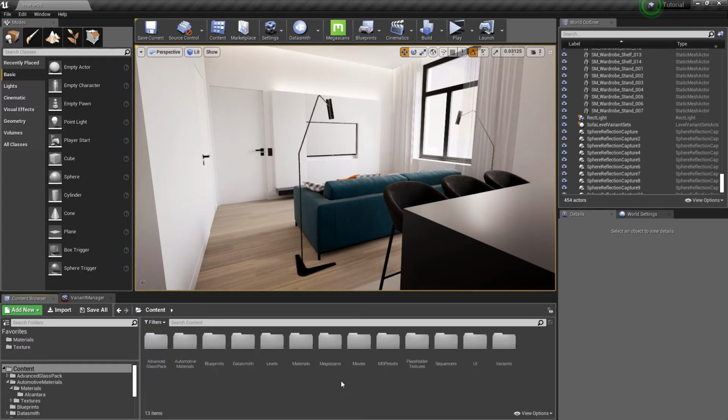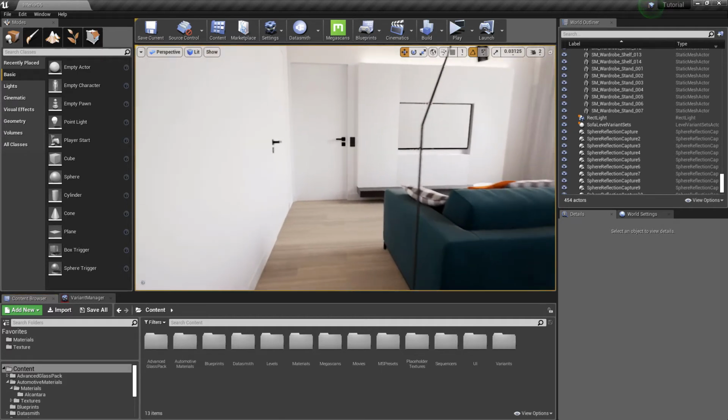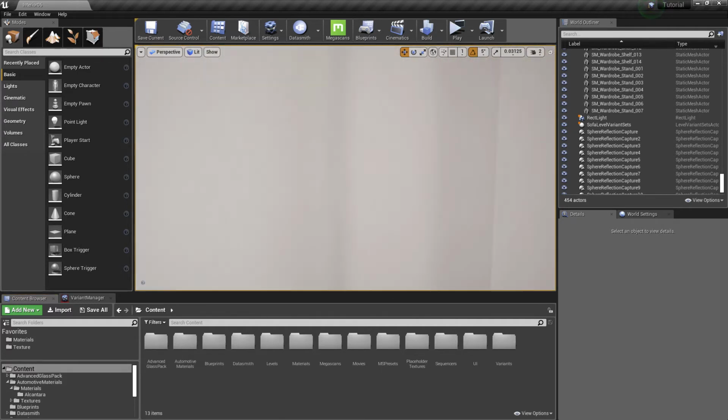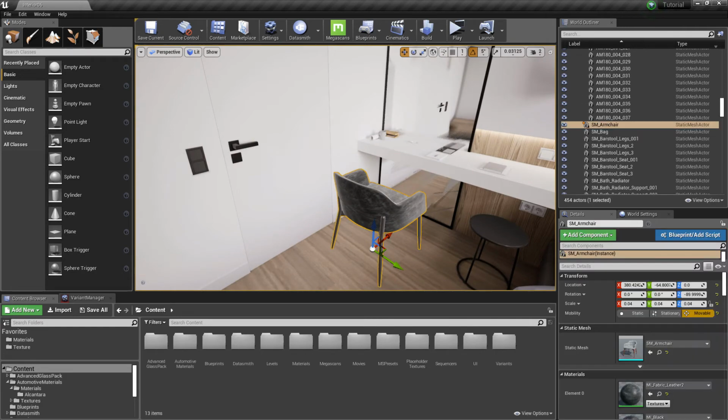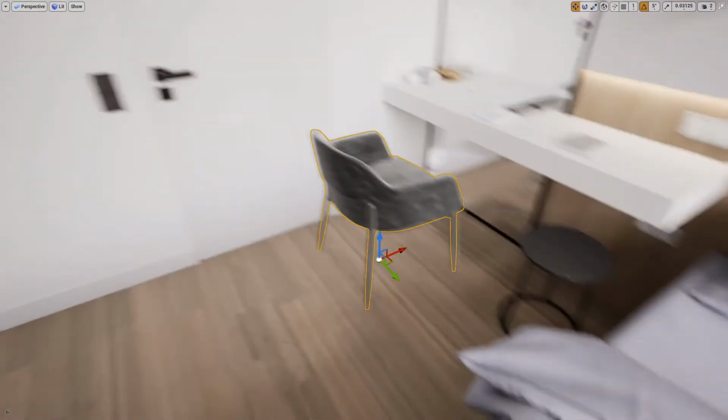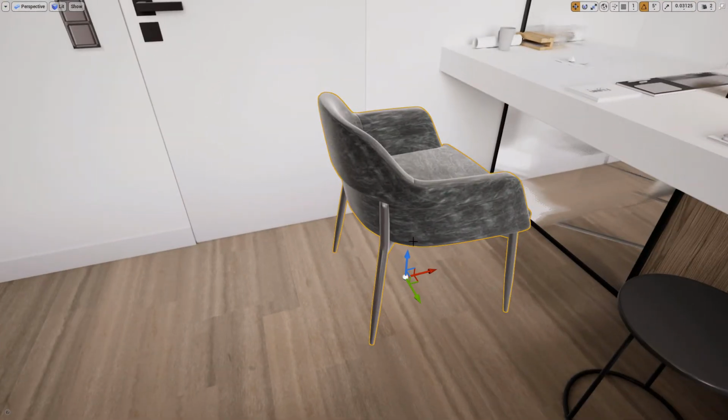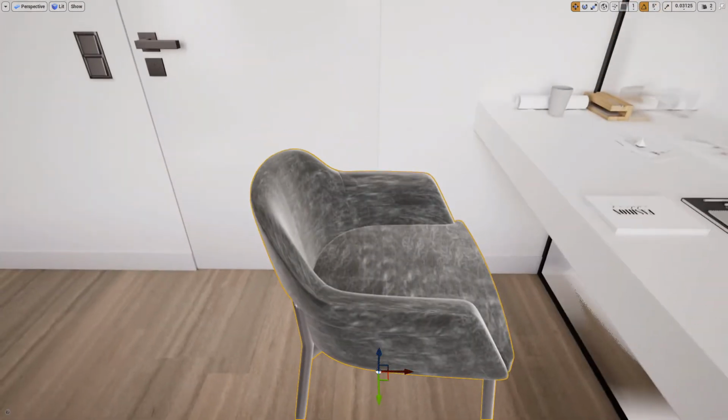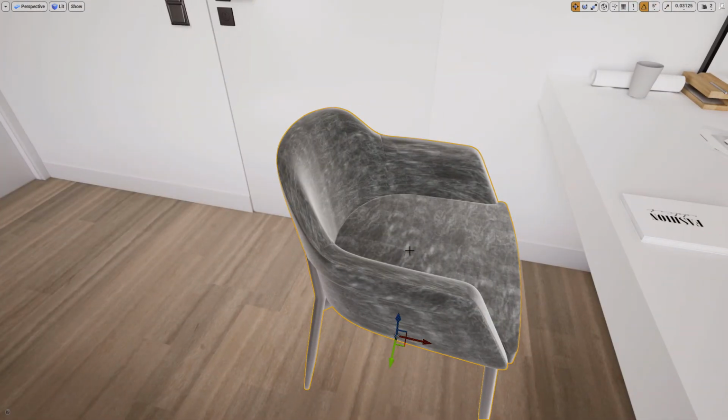Now we will learn about swapping the meshes. We will use this chair for this. But something looks off with it. It's not blending with the rest of the scene.